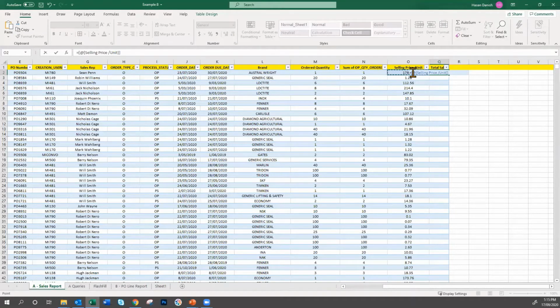Selling price, and this is a multiplication sign. The asterisk is a multiplication sign. I will multiply it by the quantity ordered. Now, if you've noticed, the cell number is not coming, the headings are coming. This makes it super easy. Selling price per unit and orders quantity. I close the bracket, press enter,